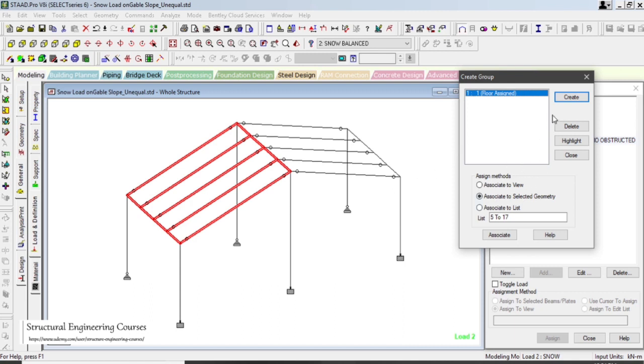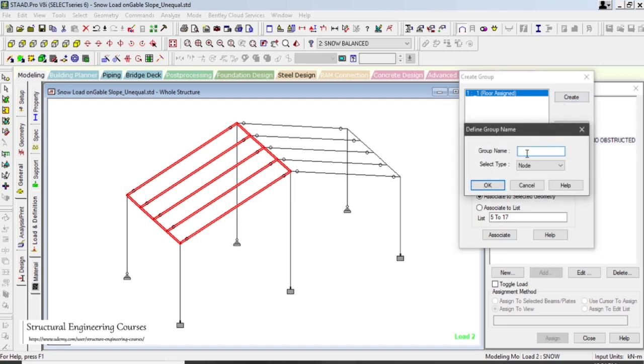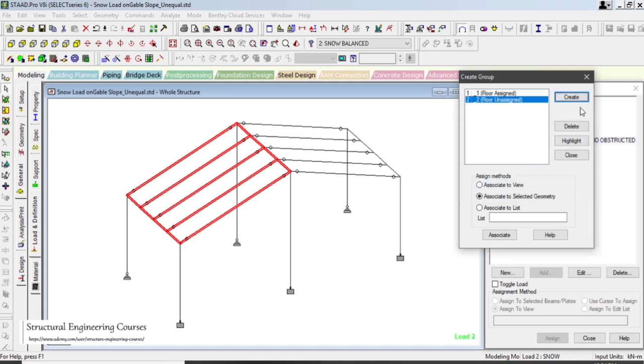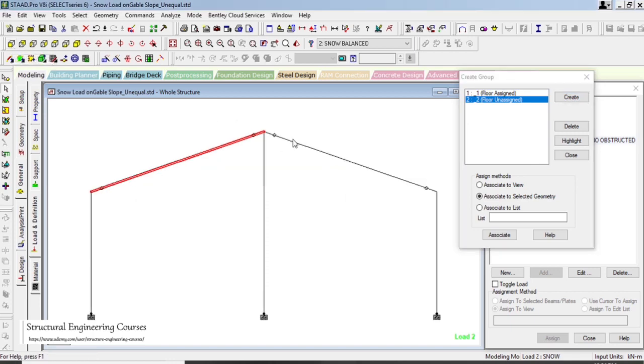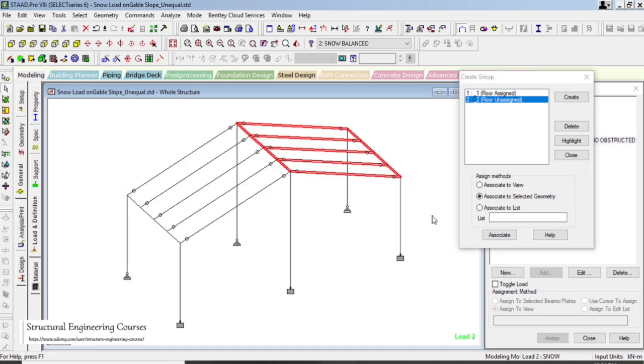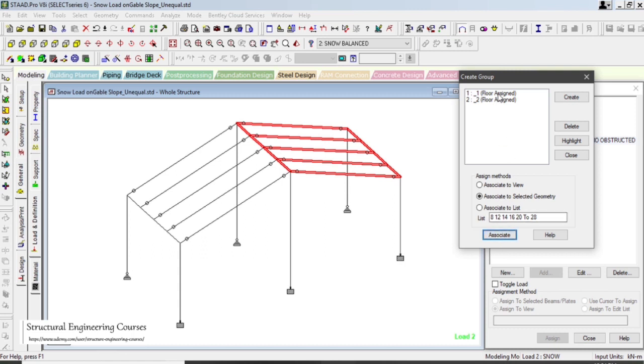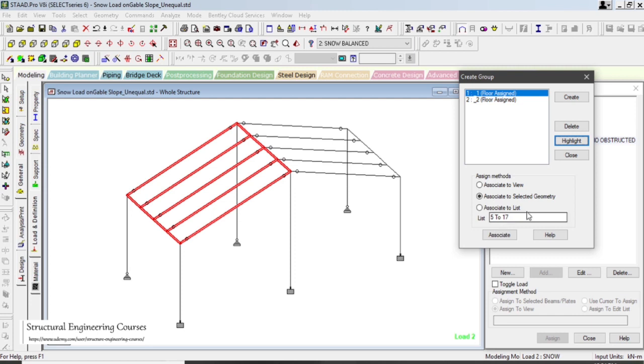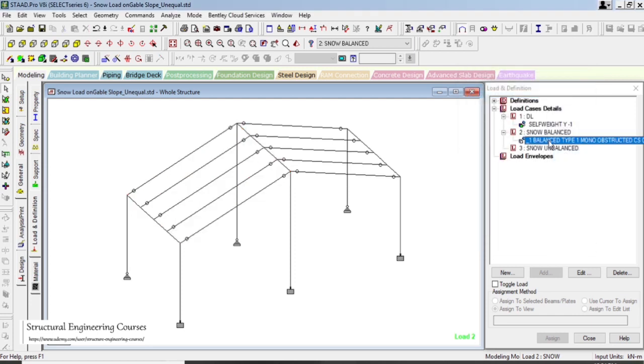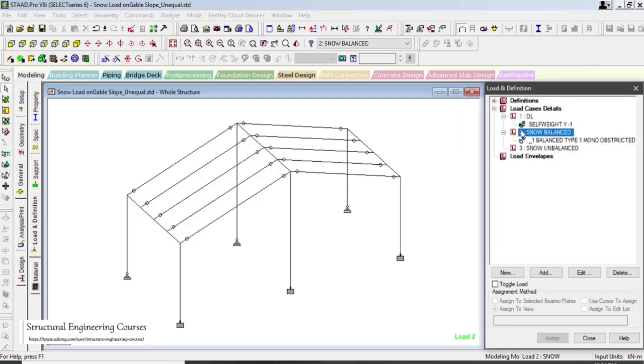After that we need to left click on create here, and then we can left click on 2 option, that is we will name this group as 2. So left click on OK, go to view from +Z, select all the beams here and then left click on associate. So now we have named 2 as this group and 1 as this group. So left click on close here,